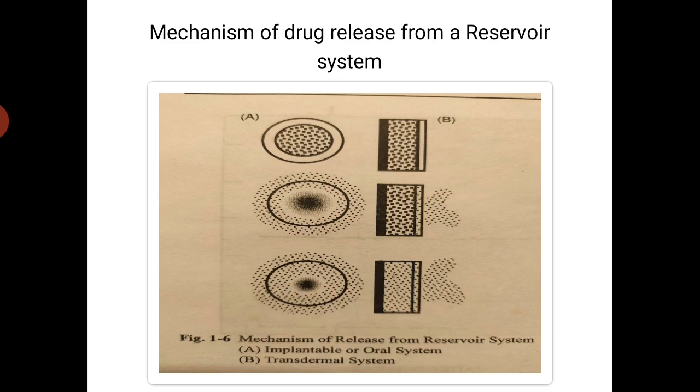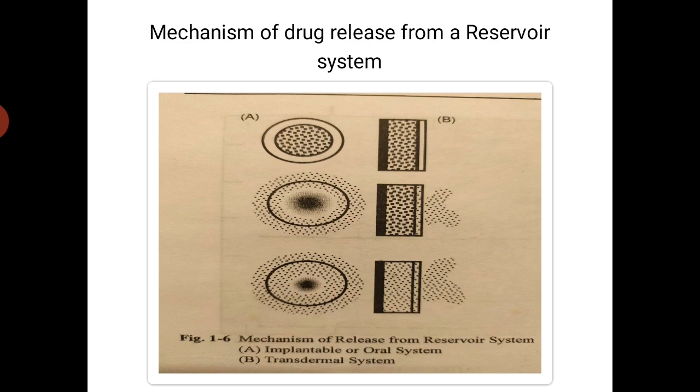The same is the case with transdermal systems also. Only the shape differs. The transdermal system will be somewhat rectangular in shape, whereas the tablets or pills might be spherical or round in shape. But the mechanism remains the same, only the shape varies. This way the drug alone is released out of the delivery system, and the delivery system remains intact for a longer period of time. Maybe after that it goes out of the body by our normal GI transit mechanism. So this is what a reservoir system does.